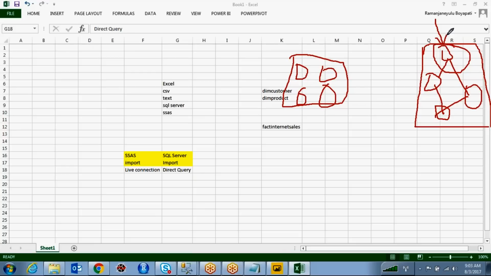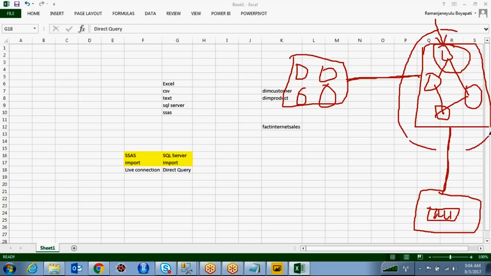So this is your data source, that is your modeling, and this is your Power BI report. You are using some chart report or whatever. When you are going to preview this chart report, what will happen? It will contact the model. The model will contact the data source. Based on that, the model will generate a query.